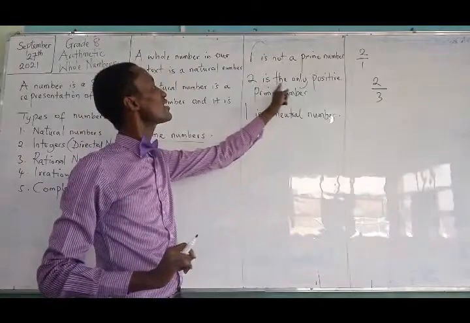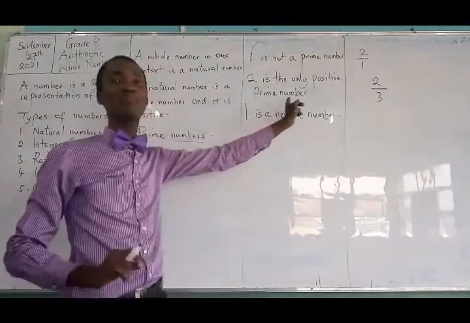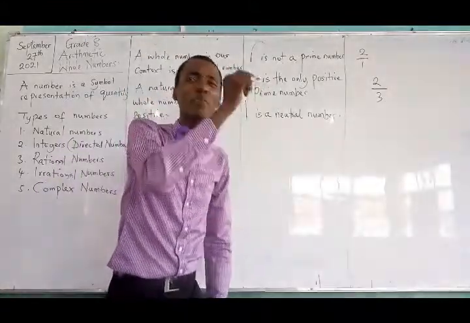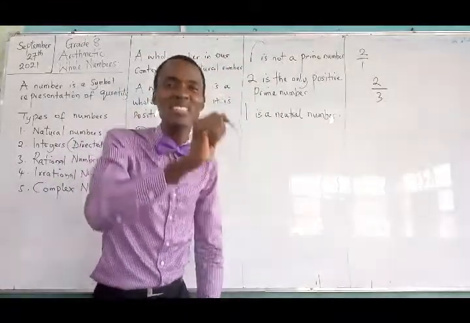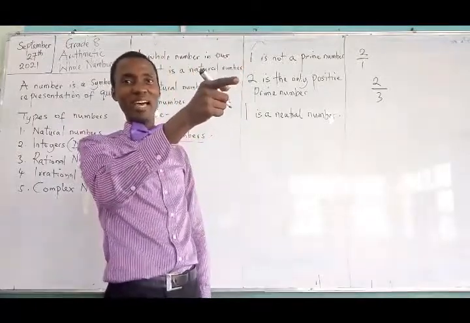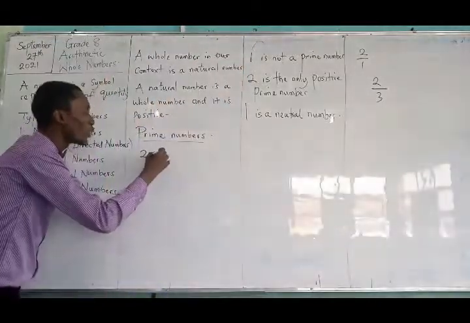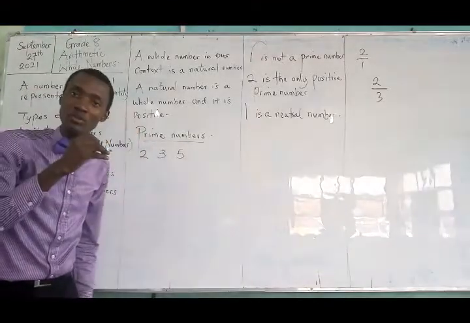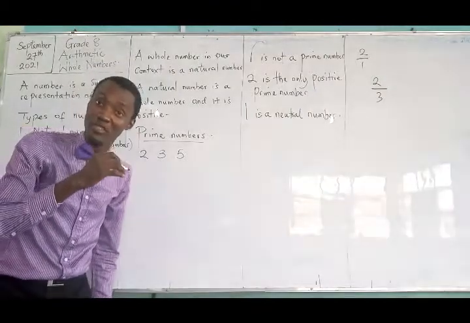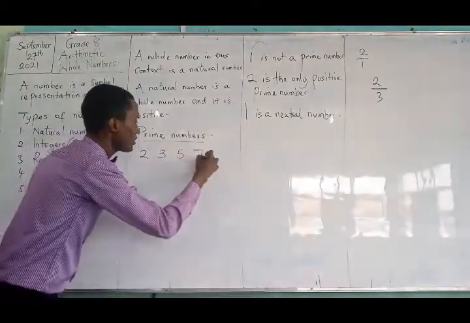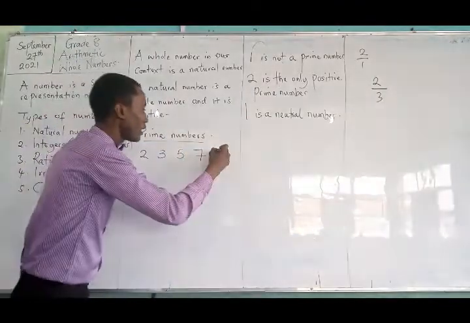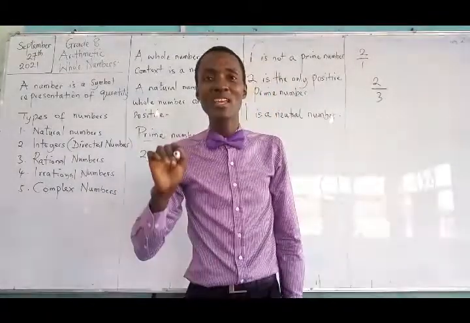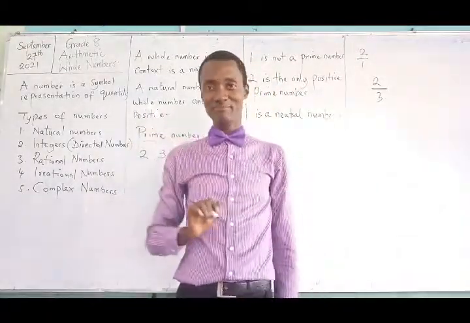So we know that 2 is the only positive prime number. And in addition to that, in arranging prime numbers, 2 is the first. Do you get that? Alright. So we have 2, we go to what? 3, we go to what? 5. If I'm wrong, you draw my attention. Even teachers sometimes make mistakes. The next one will be what? 7. And what's the next one? No. 9 is not the problem. 9 is not a prime number.